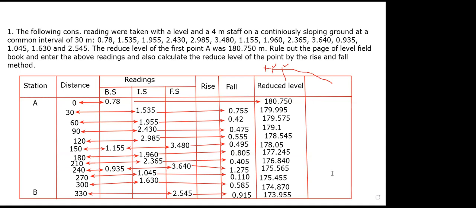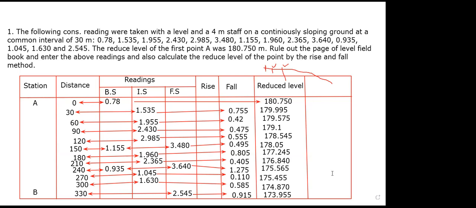So how can we go for the arithmetical check for the collimation method? The summation of BS minus summation of FS निकल के फिर से RL of the last point minus RL of the first point टैली किया था, लेकिन इसमें क्या होगा, फिर से summation of BS minus summation of FS. So what is the value? The summation of BS and FS value is same as per the collimation method. That means minus 6.795, isn't it? Yes, that means minus 6.795.